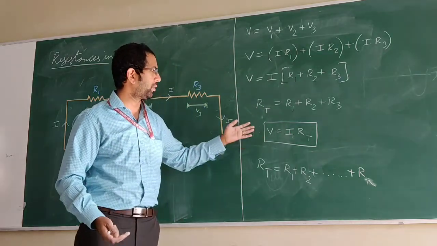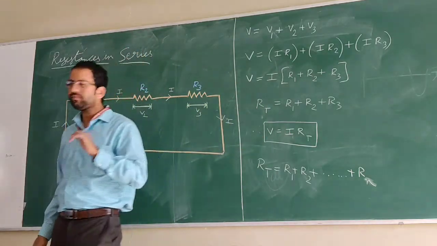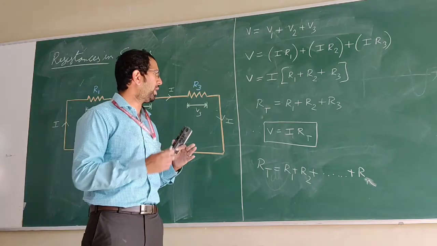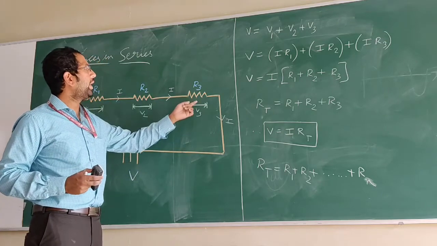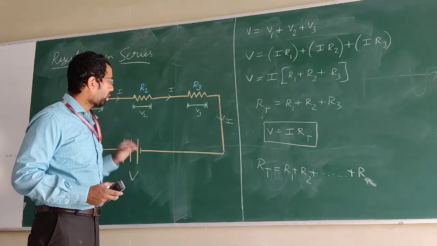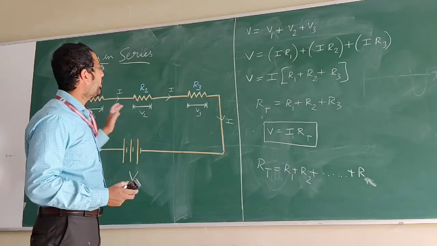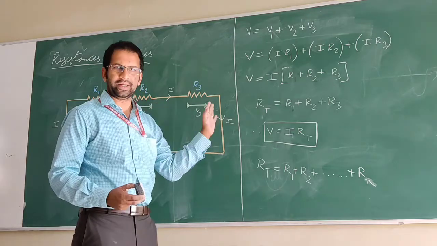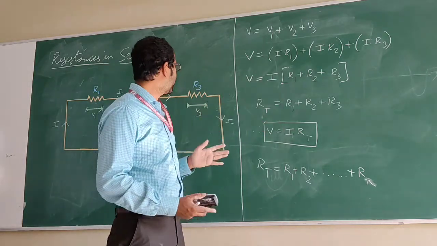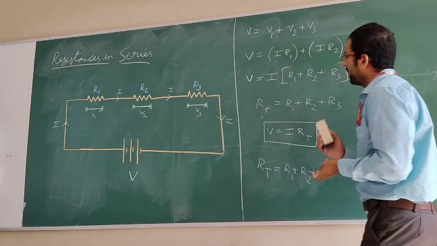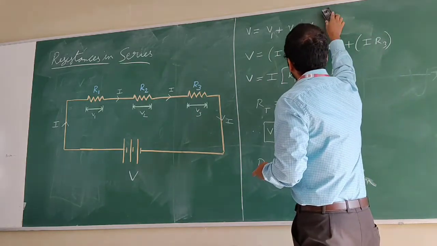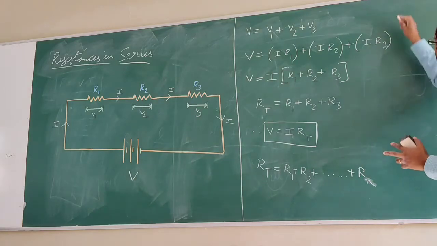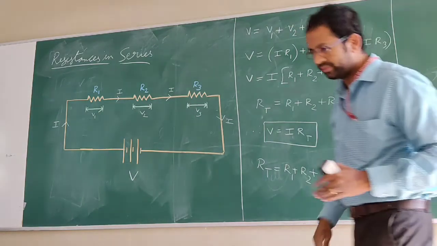Hope you have understood this. Now, when you apply the same formula, the question might be to find the voltage across resistor R3. They'll give you the total voltage, the value of the resistance R3, and the value of current I. So how do we find it instead of going for the entire thing? It can be written like this. Hope you understood this. Please note it down. I'll be going over here.